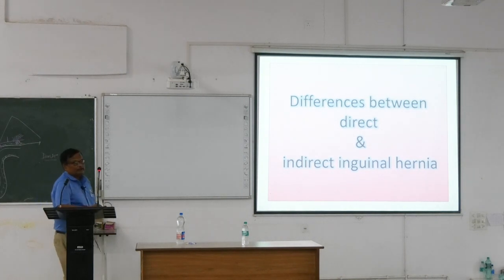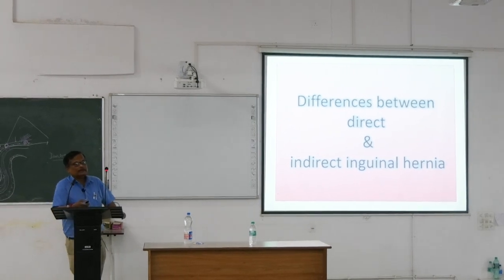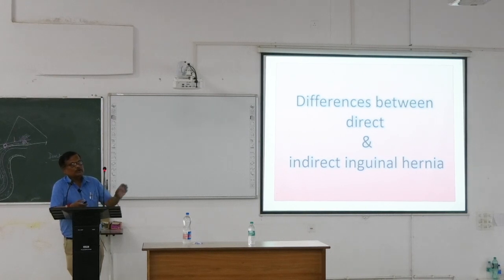ডাইরেক্ট ইঙ্গুইনাল হার্নিয়া ডিফারেন্স বলেছিলাম। হোয়াট ইজ দ্য ডাইরেক্ট অ্যান্ড ইনডাইরেক্ট ইঙ্গুইনাল হার্নিয়া? একটা অকার্স থ্রু দ্য ডিপ রিং, আর একটা অকার্স থ্রু দ্য ট্রায়াঙ্গেল অফ হেসেলব্যাক। Usually occurs in young age, congenital, where the processus vaginalis is present. Direct hernia occurs in old age, where there is a weakness of the abdominal wall muscle. Number 3, indirect hernia is usually